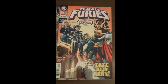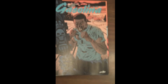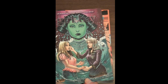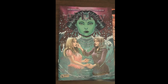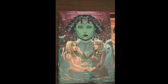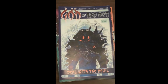Then from Image, we have Gasolina, issue 16. And then from Burger Books, which I believe to be an imprint of Dark Horse, we have issue 2 of The Girl in the Bay. Kind of an interesting tale of a girl dead in the bay and what happened to her. Then up next from Amigo Publishing, we have God of Bad Men, issue 2, and this one's entitled Deal with